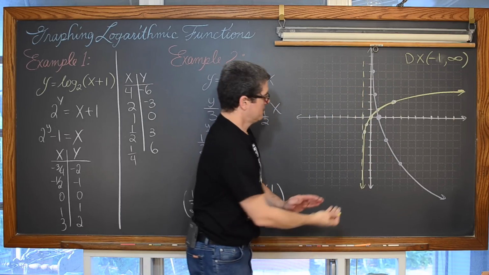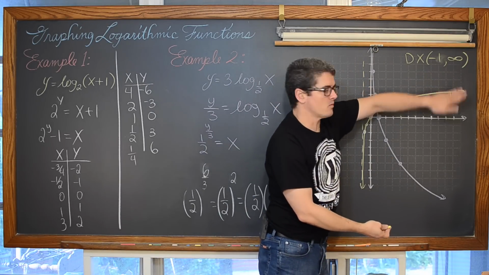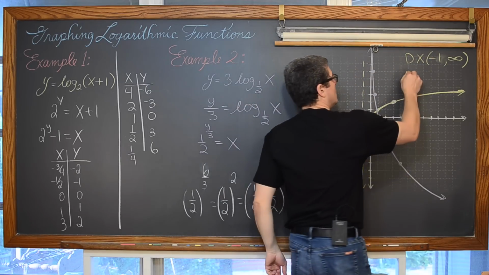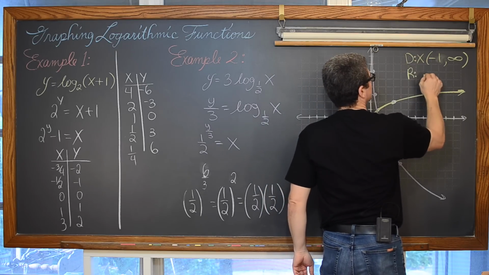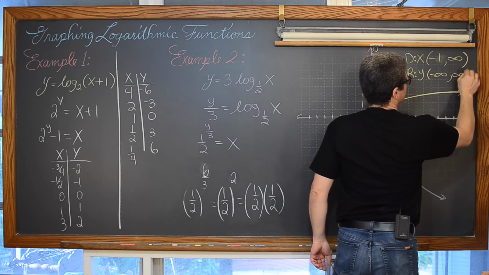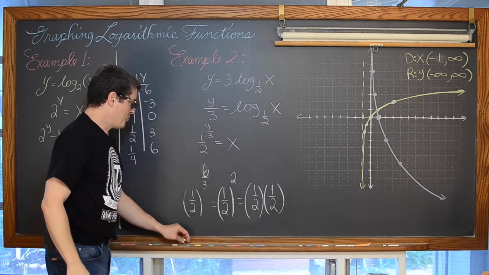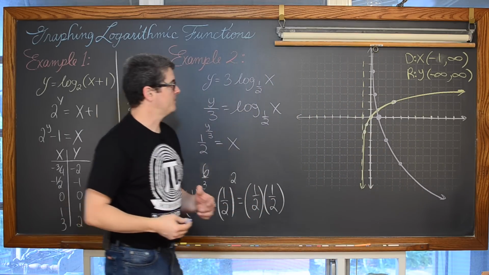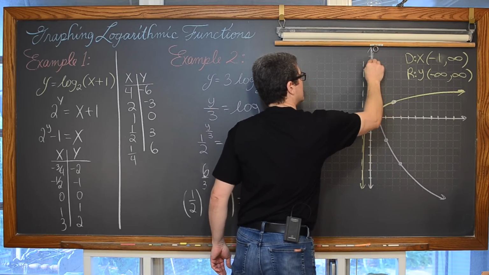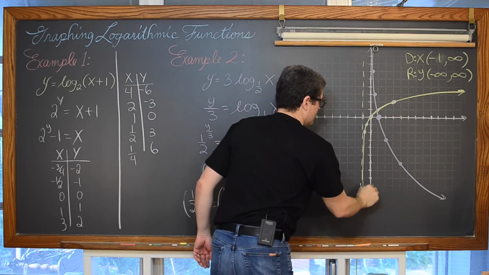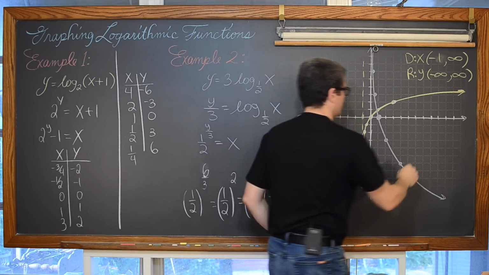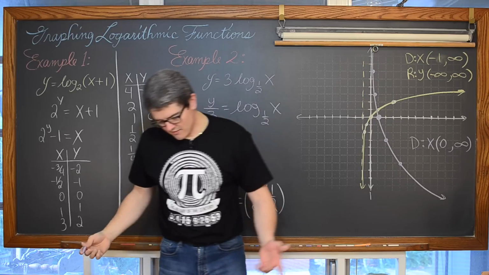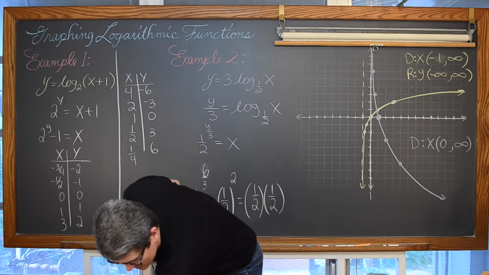And the graph, as you can see, goes down, sloping over sharply to the right, but it will never stop decreasing. So this yellow graph is going to go up and down forever. So the range, which are the y values, goes from -infinity to +infinity. The purple graph goes up and down forever as well, so its range is the same. Its domain, though, has a vertical asymptote at x equals 0, so the purple graph has a domain of 0 to infinity.